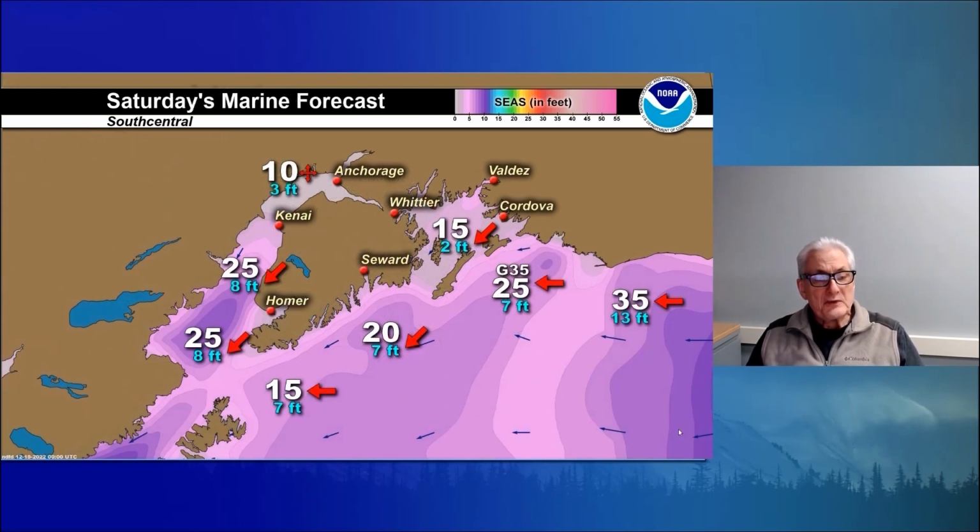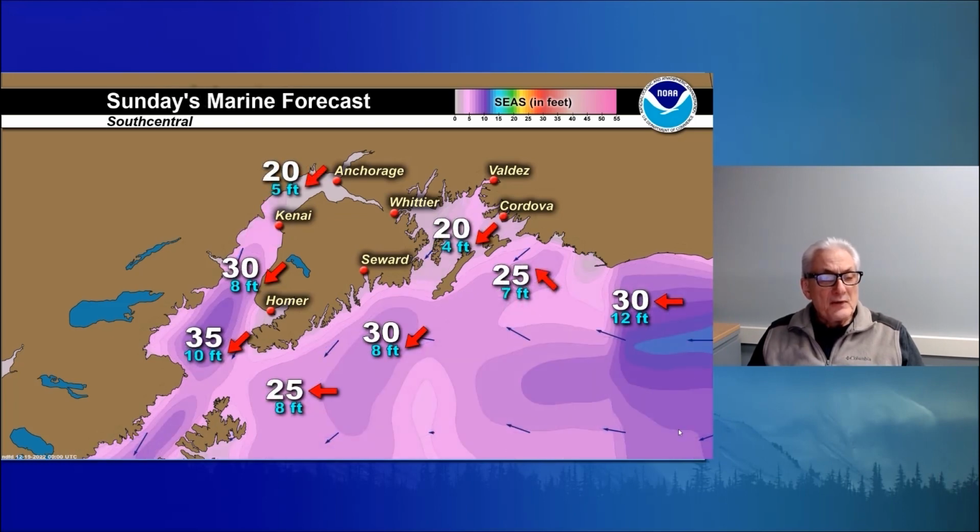Prince William Sound for Saturday, northeast winds 15 knots, seas 2 feet. East 25-knot winds for the eastern North Gulf Coast with gusts to 35. Northeast to 20 for the western North Gulf Coast. Barren Islands, winds east 15 knots, small craft advisories. Kamishak Bay and southern Cook Inlet, northeast winds 25 knots and light variable winds for northern Cook Inlet with slight seas. Then on Sunday, northeast at about 20 knots, a very cold northeast wind, northern